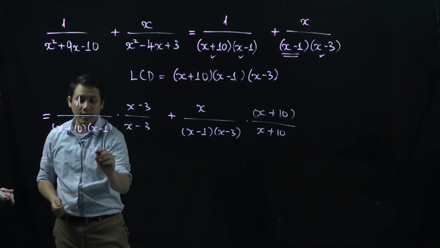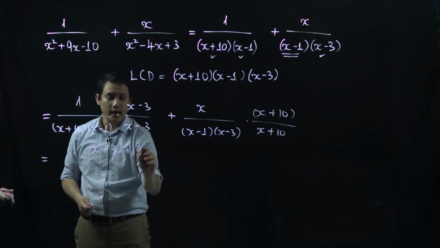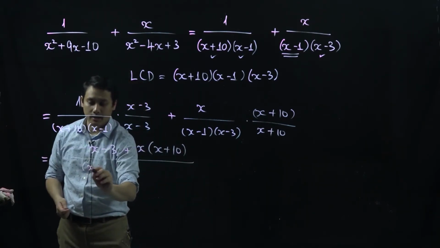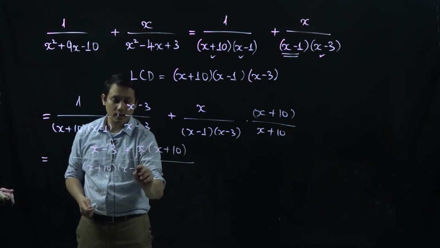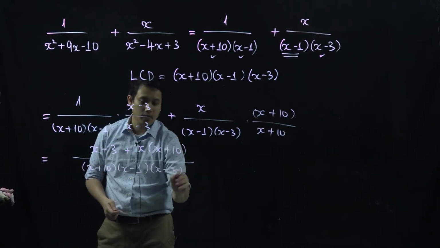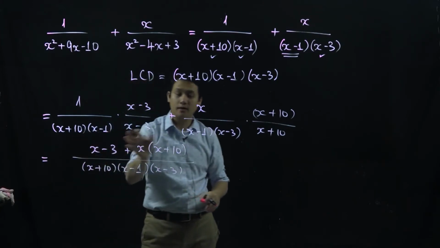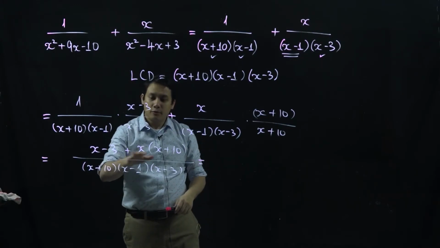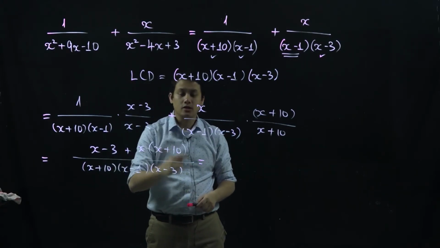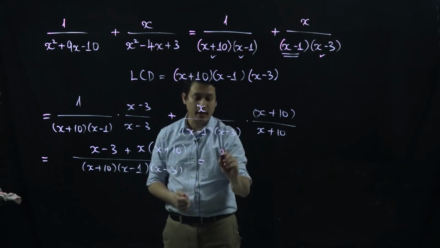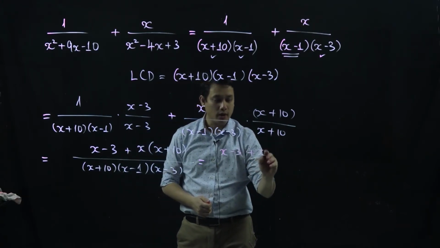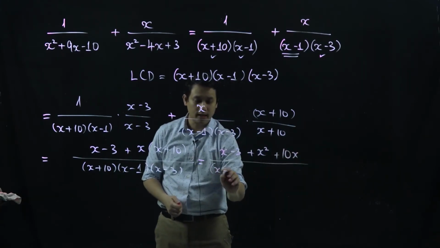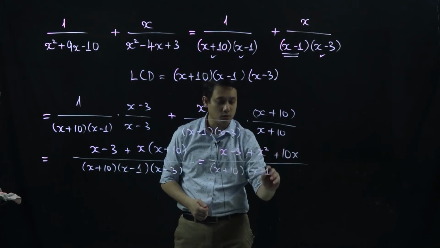So that is x minus 3 plus x times x plus 10 all over x plus 10 times x minus 1 times x minus 3. Because both of the denominators are the same, you just have to write it once. From here, for the numerator, you can distribute the x into x plus 10. You will have x minus 3 plus x squared plus 10x over x plus 10 times x minus 1 times